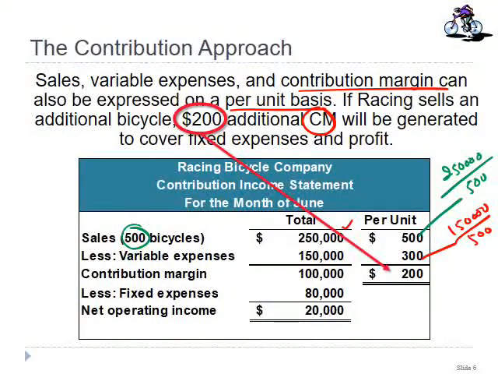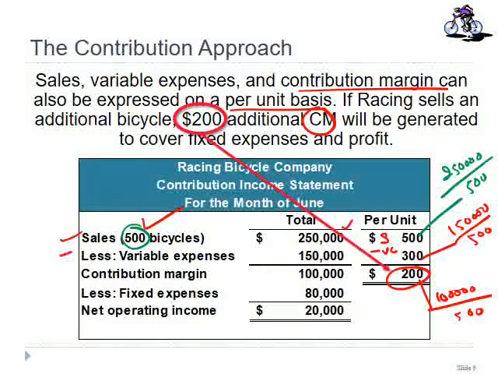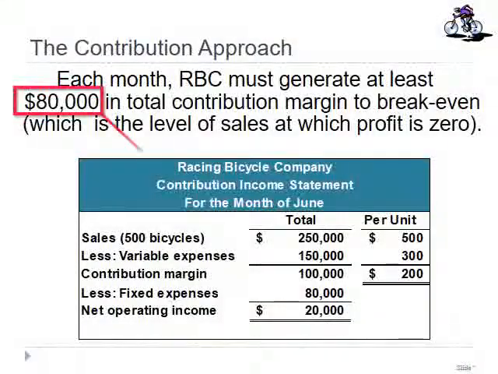The answer is 300. We can also find this as well. What is the contribution margin in dollar figures? 100,000, right? And how many units are produced? 100,000 divided by 500. Answer is 200. Or we can find out that sales minus variable cost also reveals this 200. So you can find it one way or the other, right? So we can also express our contribution margin, sales and variable cost per unit as well. Okay, so in this